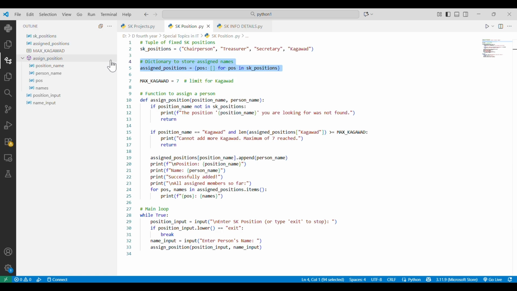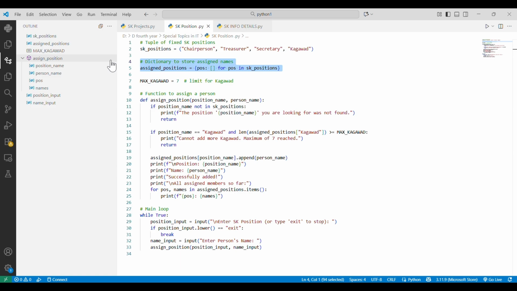So next, we have dictionaries to track assigned members. This creates a dictionary where each position from the tuple is a key. The value of each key is a list that will hold the names of people assigned to the position. This lets us dynamically store multiple people, especially for Kagawad. The tuple defines the positions and the dictionary stores the people assigned to each position.